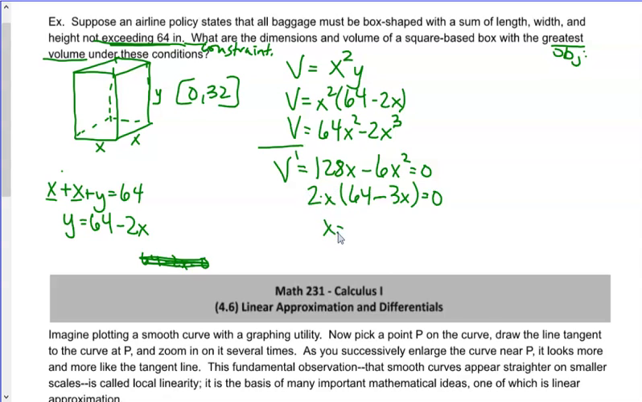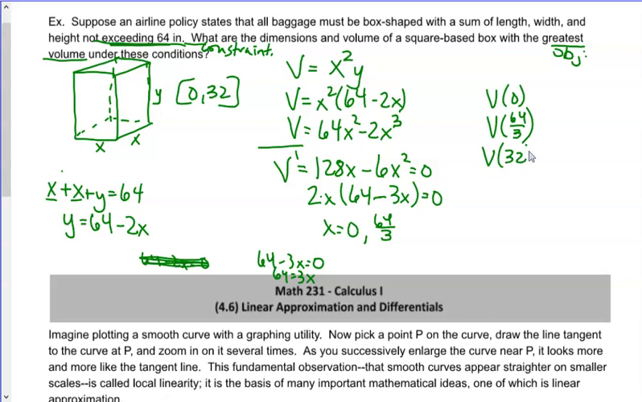Here, a critical point means that 0 would make that 0. And at 64 minus 3x, if I set that equal to 0, I get 64 equals 3x. When I divide by 3, that gives me another critical point of 64 thirds. Notice that this critical point of 0 is the same as one of the values within my interval of interest. And in order to determine the exact maximum volume, I have to plug these values into my original function. So going back to this piece right here, I have to plug in 0, 32, 64 thirds